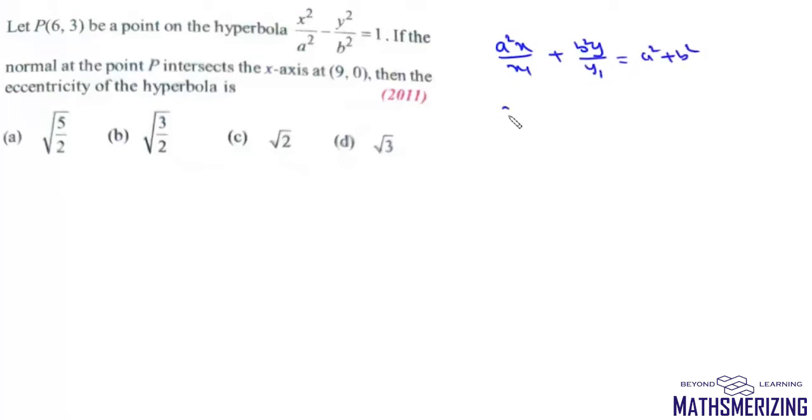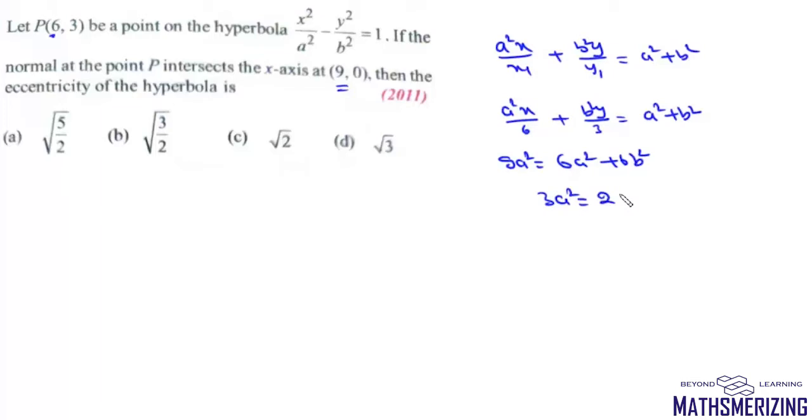square. So this will be a square x upon x1, which is 6, plus b square y upon y1, which is 3, and it is equal to a square plus b square. Now this normal passes through (9, 0). So we'll put x as 9 and y as 0. So there'll be 9a square, and it is 6a square plus 6b square. So we'll get 3a square